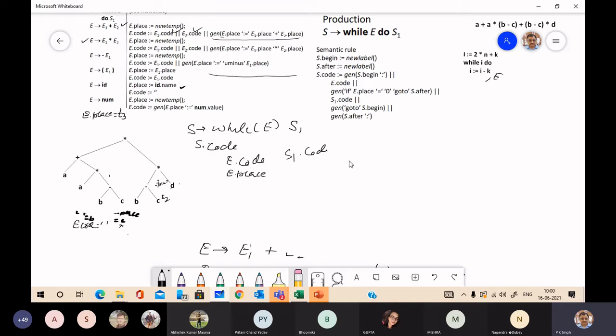So just see how we will use this. This S code has several parts, now see the skeleton.